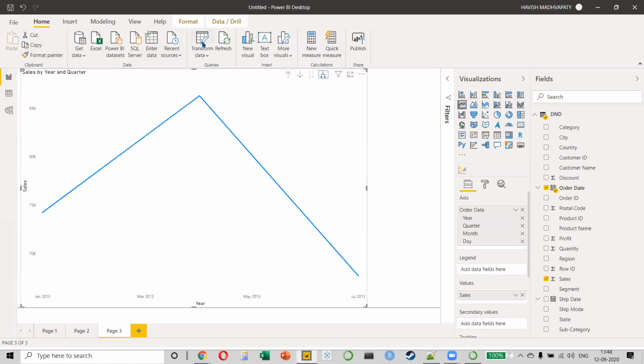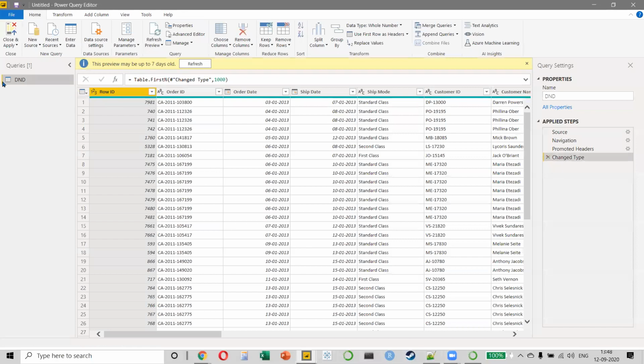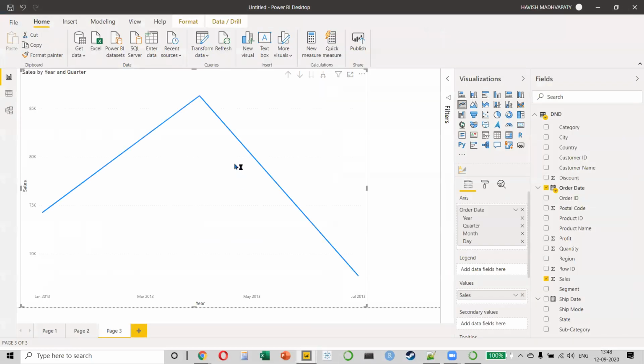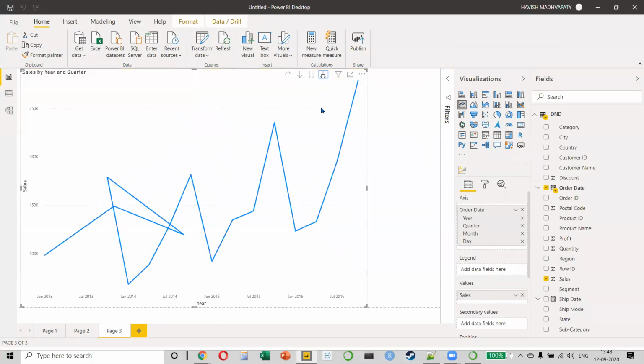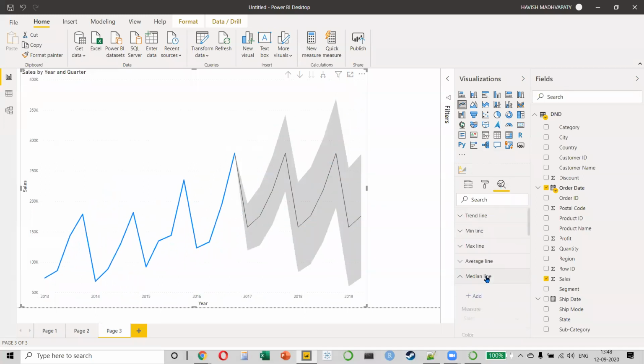They say, Havish, what is the forecast for, let's say, the next 2 years? I can just go to analytics and go to forecast and add a forecast for, let's say, 3 years.